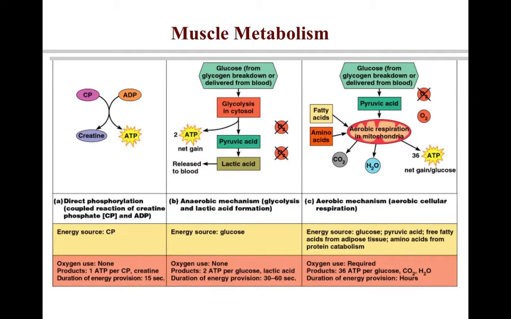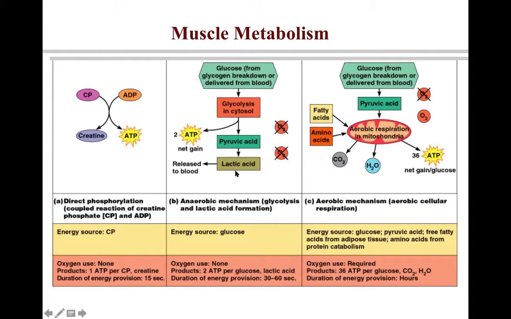So let's understand each of these have advantages and disadvantages, as I just said. Anaerobic fermentation or anaerobic mechanism enables cells to produce ATP without the need of oxygen. As I said, oxygen is not required. But the ATP yield in this case, as you can see, is very less. It's 2 molecules of ATP produced. And in the process, when glucose is used, it goes through glycolysis, it forms pyruvic acid and then forms lactic